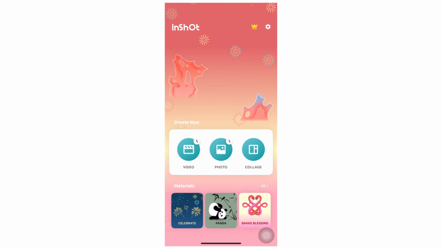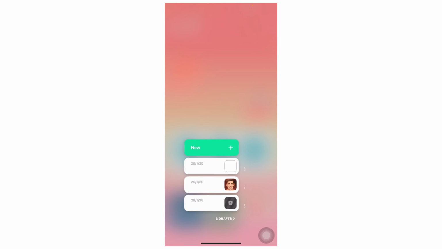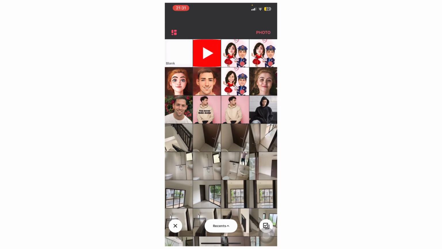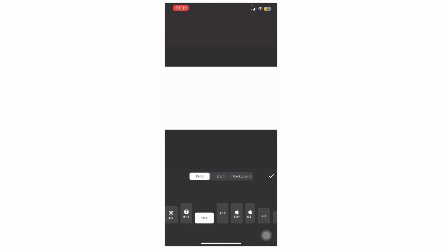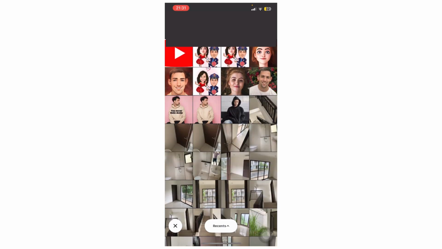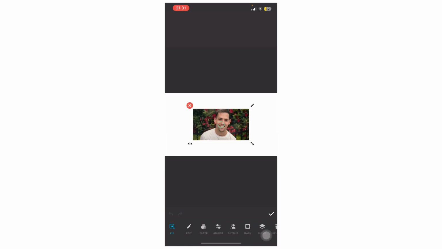Once you've opened InShot, tap on photo, and then tap on new, and then tap on blank, and then afterwards go to canvas, and then set the ratio to 16:9, just like this, and then hit the checkmark icon, and then go to PIP, and then let's say we select this picture of a guy